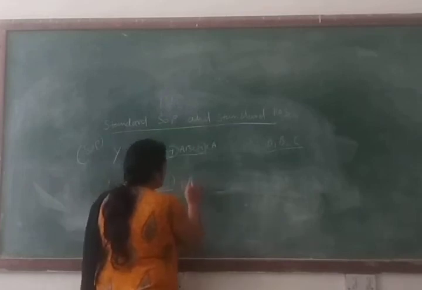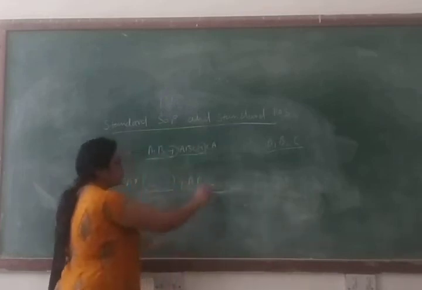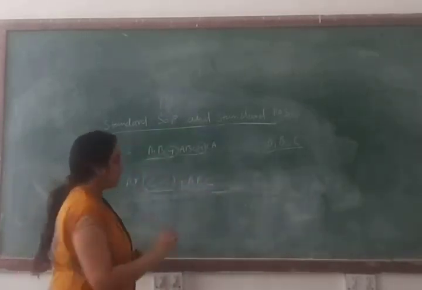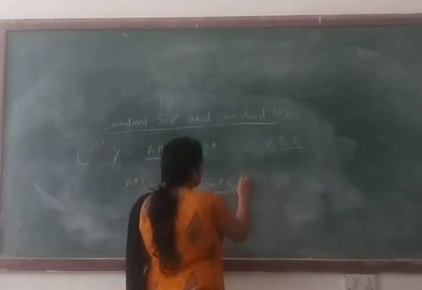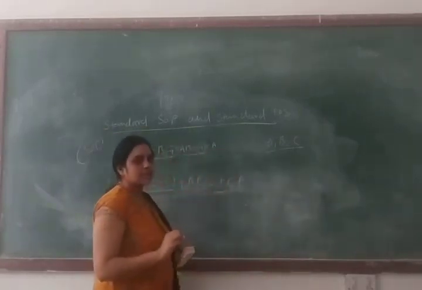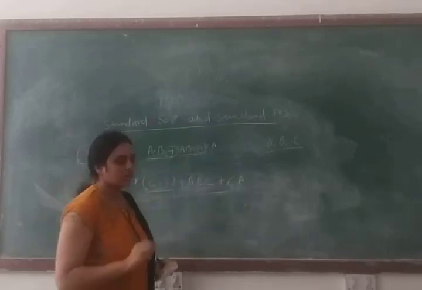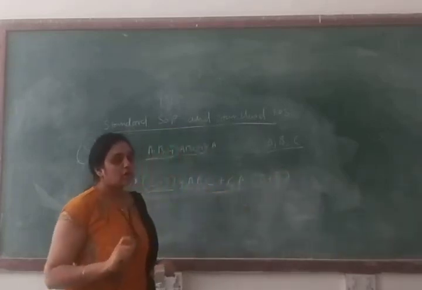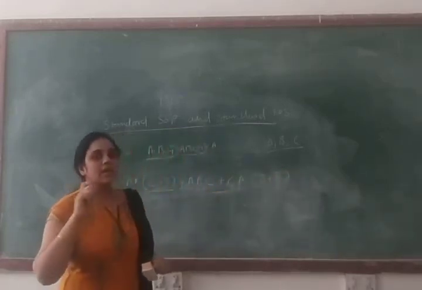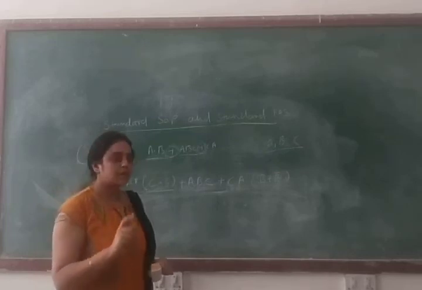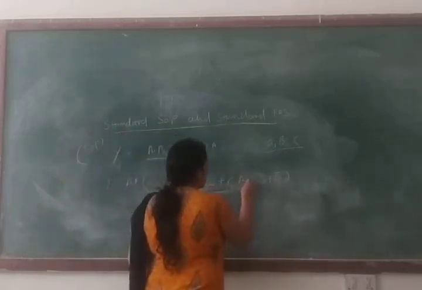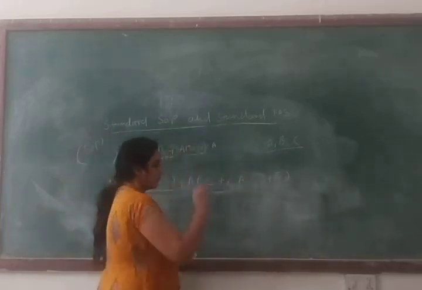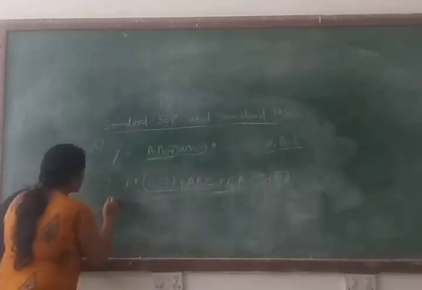Now the second term is complete because the second product term contains all the literals, right? And in the third term, C, the product term is missing B. So we make a term B plus B complement, which means we perform the ORing operation with the uncomplemented and complemented form of the missing literal, and after that we perform the ANDing operation with the product term. Now we will solve this logical expression.